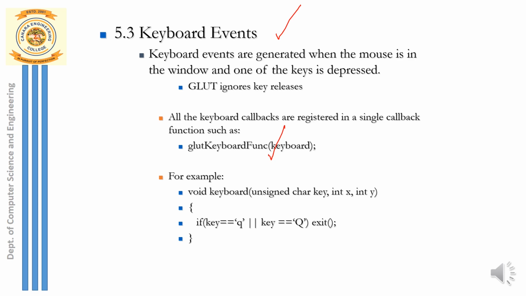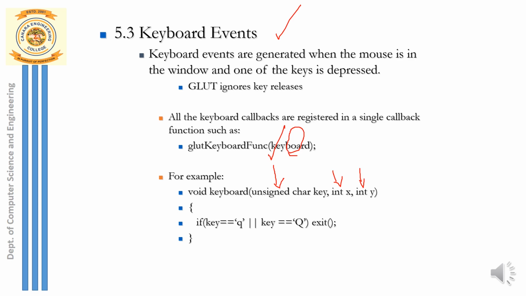The moment you press a key, automatically this function is called, and then you pass a parameter for this, which is the user defined function keyboard. Whenever you press a key, automatically three values are returned. So what are those three values returned when you press a key? Just like a mouse, whenever you click a mouse button, four pieces of information are returned for the mouse.